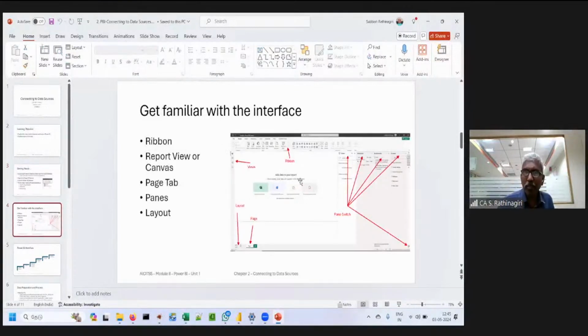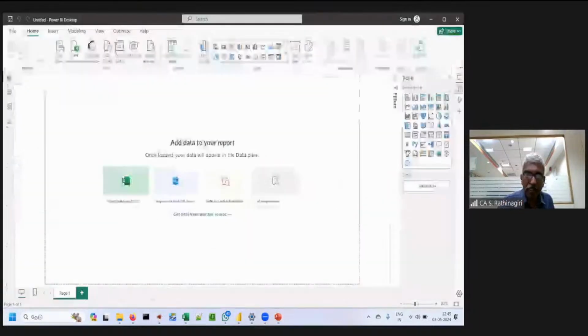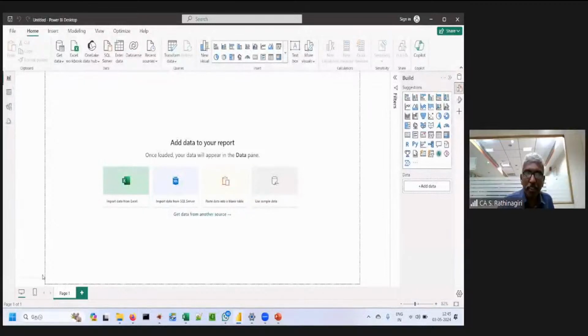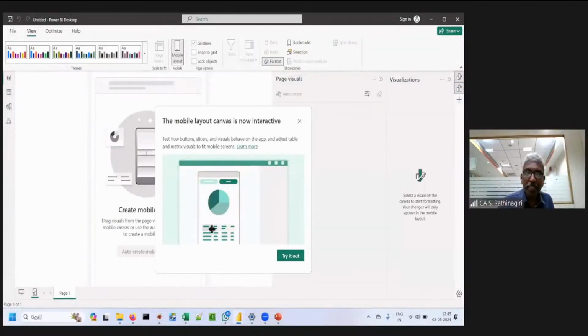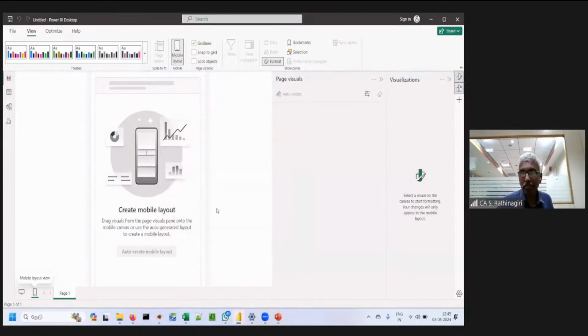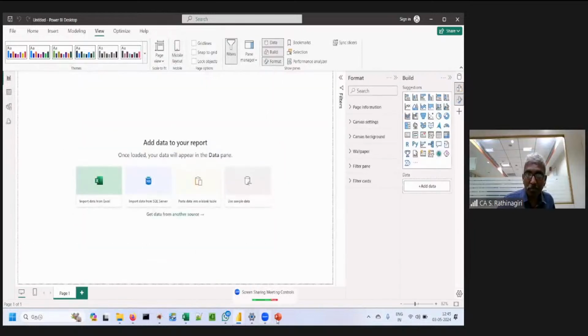I need not tell about it. What is a ribbon? What is a layout? What is a page and all? But try to understand about this layout. So the layout can be mobile layout or desktop layout. So in a desktop, how do you want to show? In a mobile, how do I want to show? So in a tablet, how do I want to show? Anything we can do, friends. Okay. In a mobile, some CEO can see the report. So that is why any kind of layout we can make. Okay. So really amazing product. So once you have done it, it will be very attracting you. Okay. So now